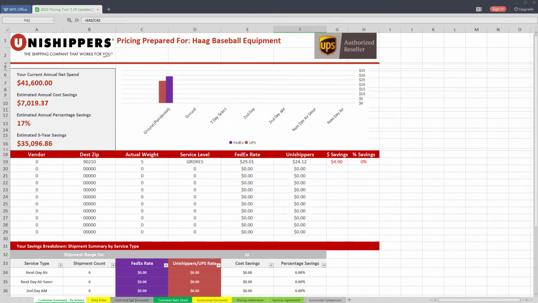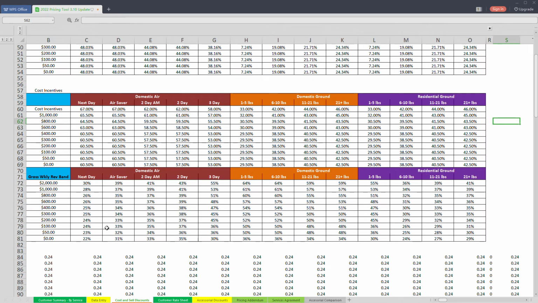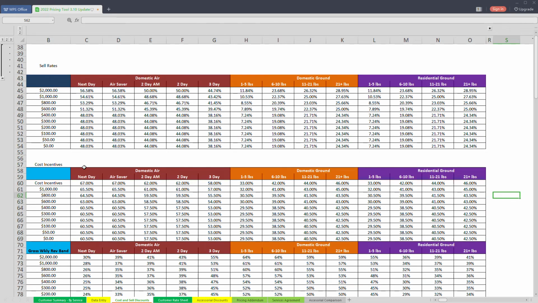Some of the other things to be looking at with this tool, down here, this tab is cost and sell discounts. So this has all of our cost discounts on it here. And then based on the margin percentage that you have in the data entry tab, these are what your discounts are for sell discounts. So 56.58% for next day,